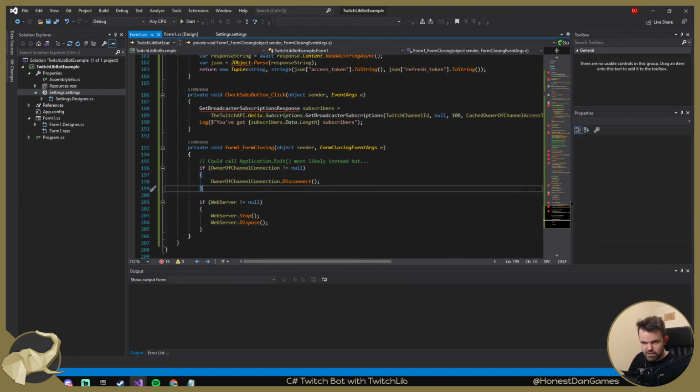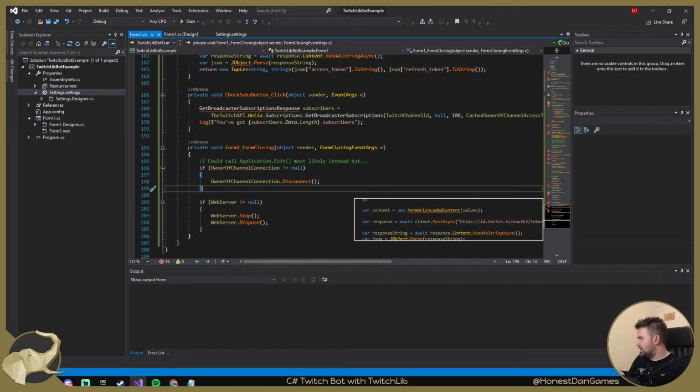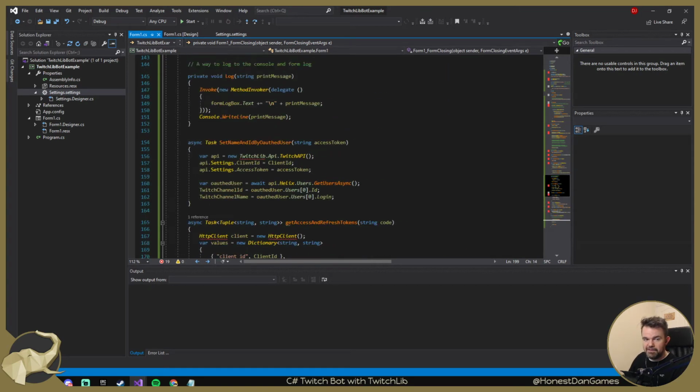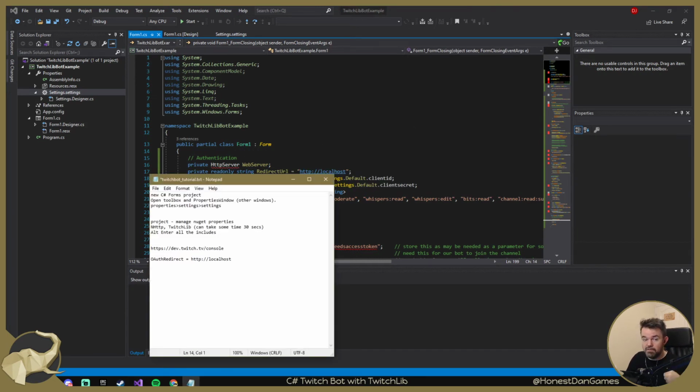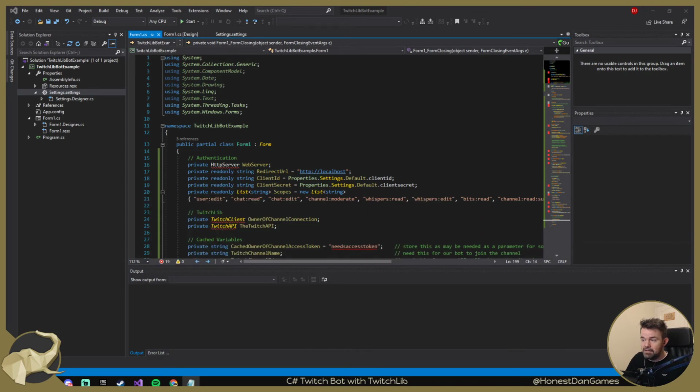Okay, so that's good. The next step that we want to look at now is let's fix all of the compile issues. Basically we're using some libraries. There are 2 things that we need to get hold of. One is a thing that's going to allow us to do the web server. And the second thing we want to get is TwitchLib. We've been using some of it already, but we haven't actually got the library of it yet. So let's go ahead and